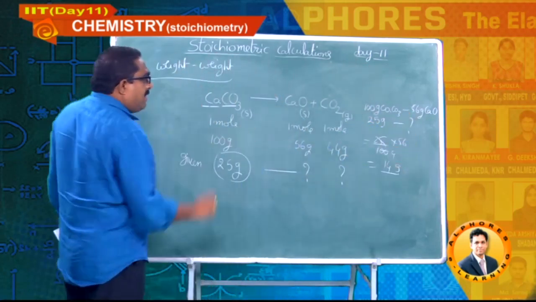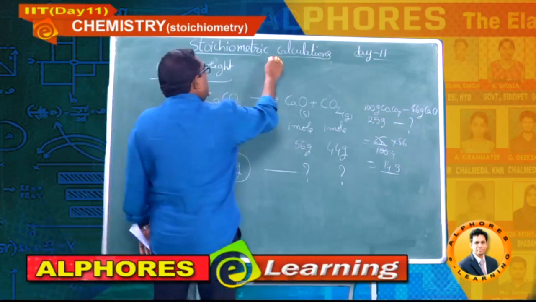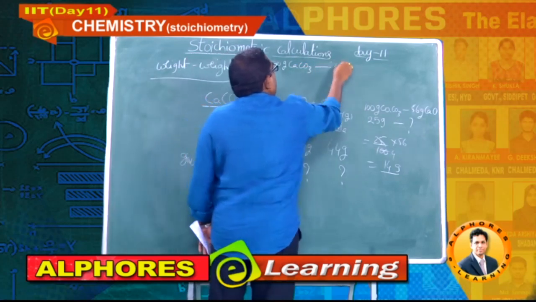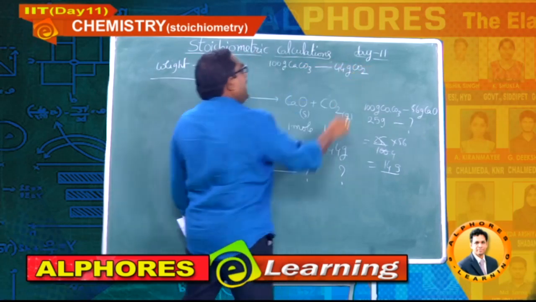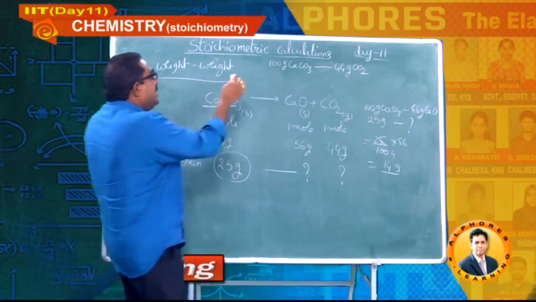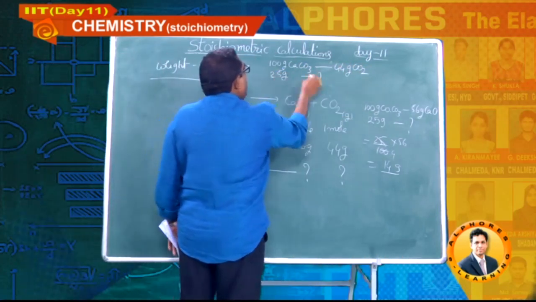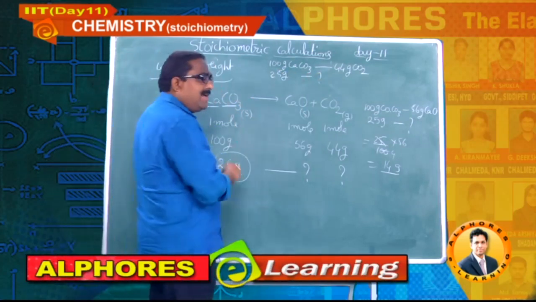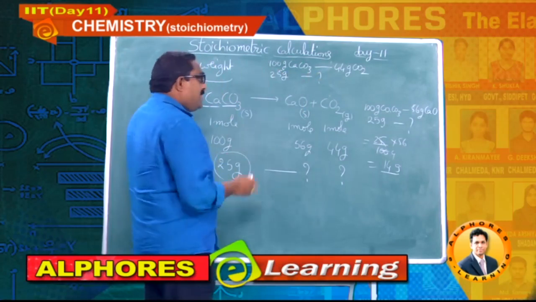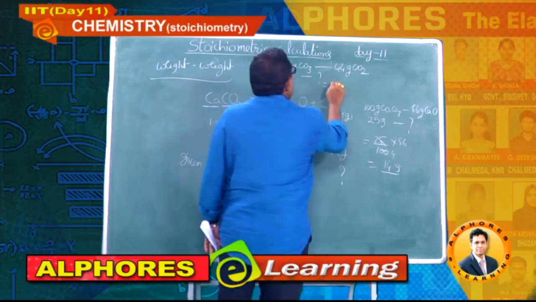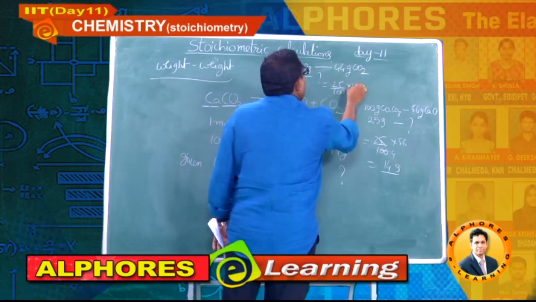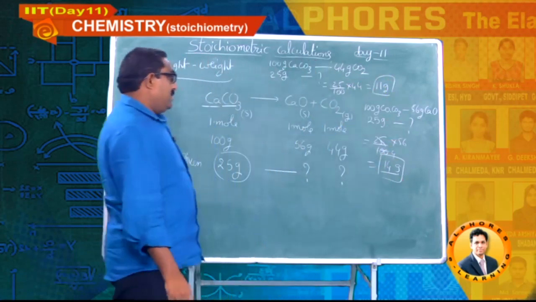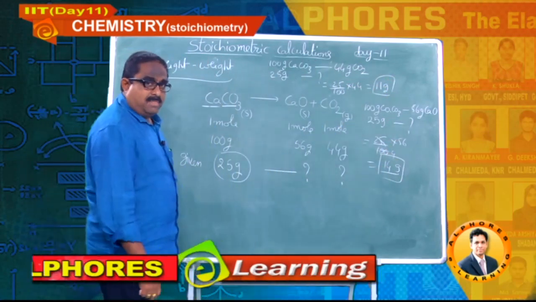Similarly, for carbon dioxide also you can calculate. Here I am writing 100 grams of limestone on decomposition gives 44 grams of carbon dioxide. Observe. Now this time I have given only 25 grams. 1/4 of that. What is 1/4 of 44? 11. No need of pen and paper. You can directly solve if the simple fractions are given. Otherwise, we have to go for calculation. So 25 by 100 into 44, that is 11 grams. So 11 grams and 14 grams are the answers for this particular model.